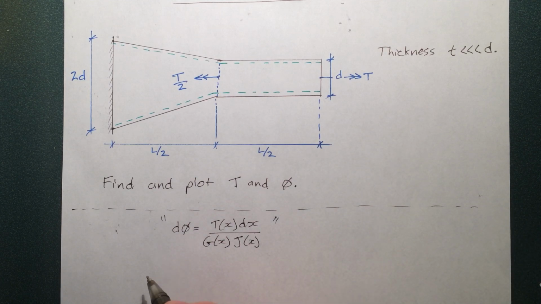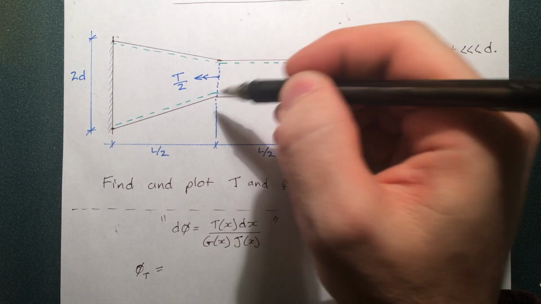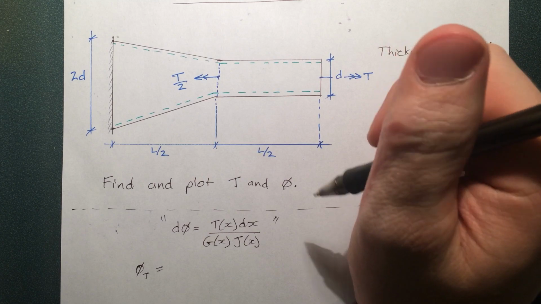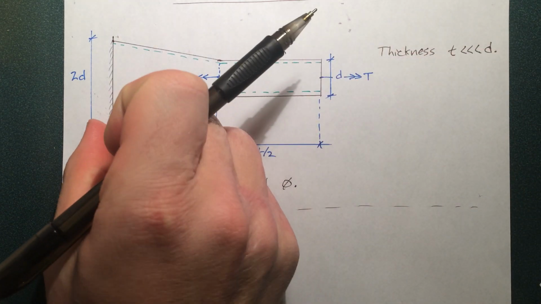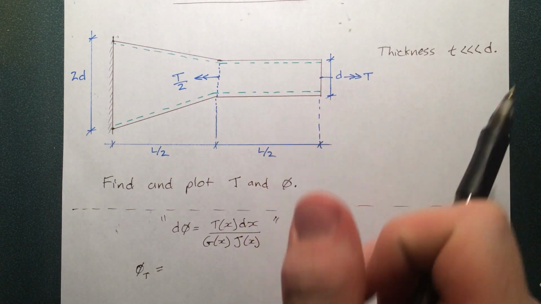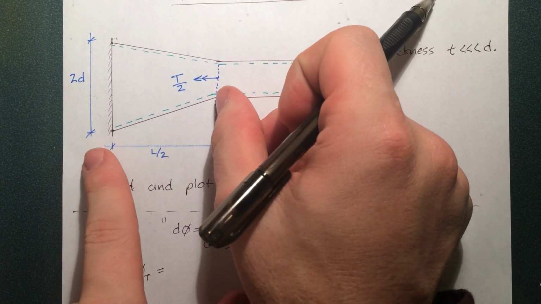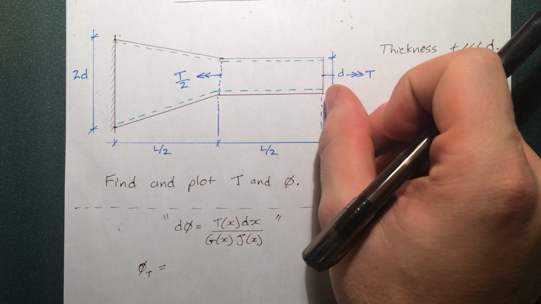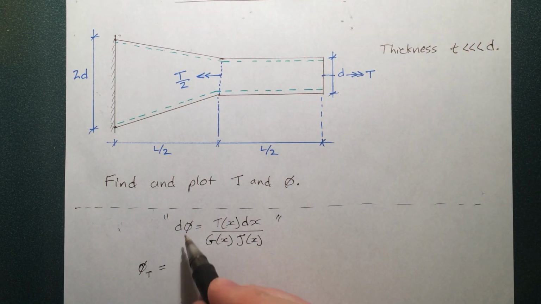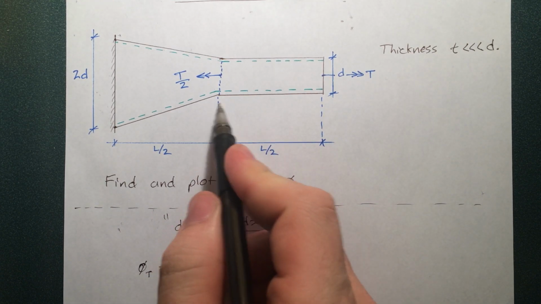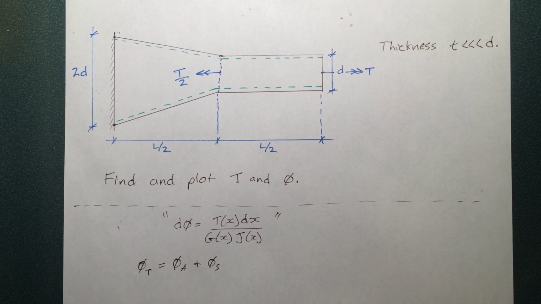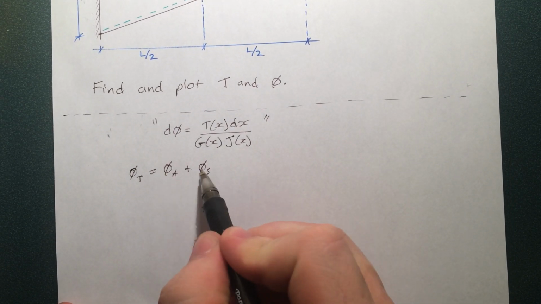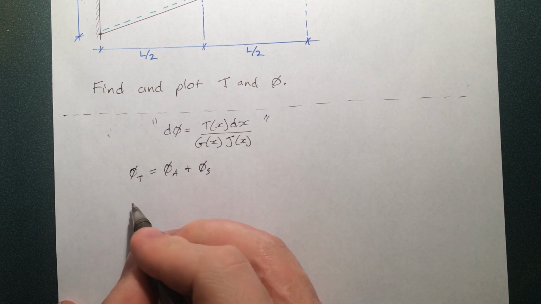So we're going to write that the total displacement is the sum of the displacement of this piece and this piece. Or if you want to make it more accurate, it's the sum of all the millions and millions of little pieces up to this point. But since this piece can be described by one equation and this piece can be described by one equation, we break it up into those two sections. So I'll call this piece here phi angled plus phi straight for that little straight section. And then we can also write, plugging in this equation into these values,